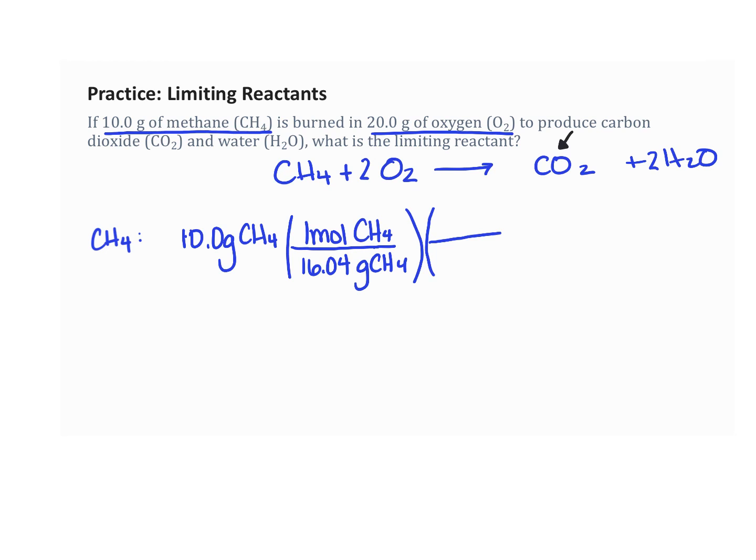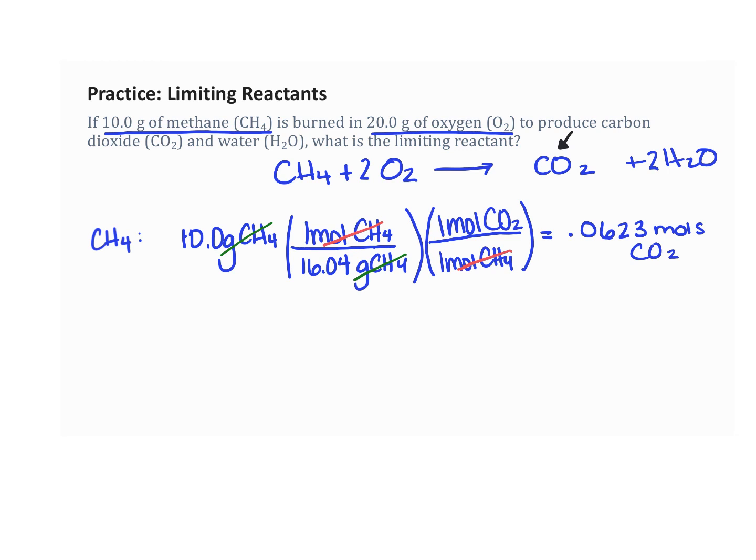So I look at my mole ratio. I see for every 1 mole of CH4, I have 1 mole of CO2, okay? I notice my moles of CH4 cancel. My grams of CH4 cancel, and I'm left with moles of CO2. So when I do this math, I have 0.0623 moles